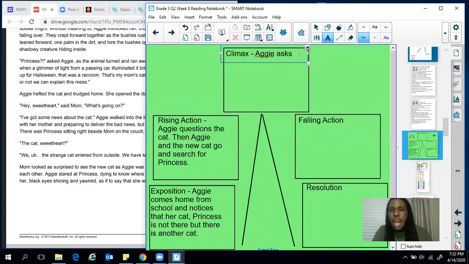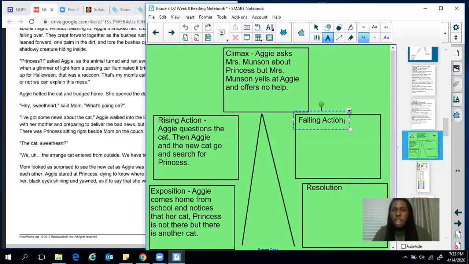Aggie asks Mrs. Munson about Princess, but Mrs. Munson yells at Aggie and offers no help. If I was Aggie, I'd be feeling pretty sad at that point. All right, so after that, falling action,